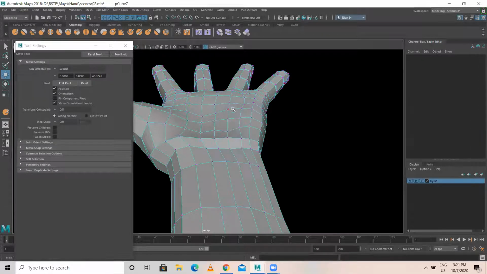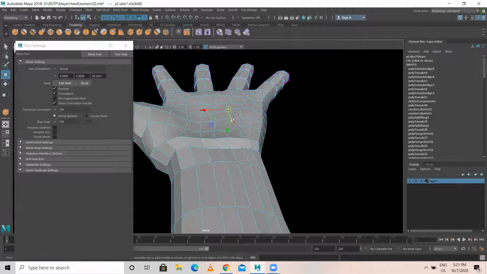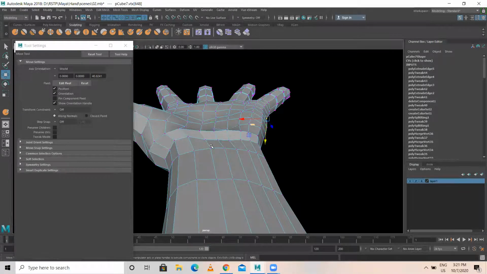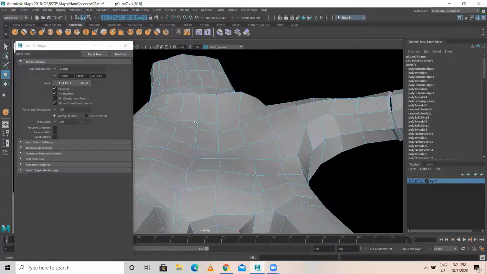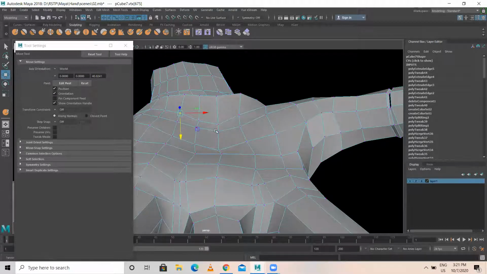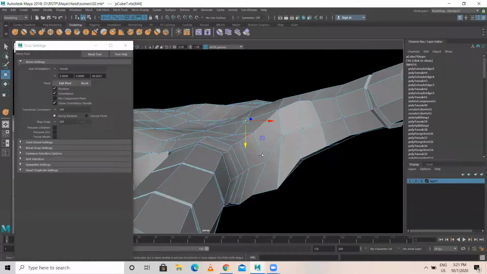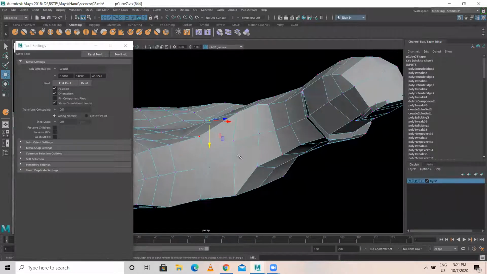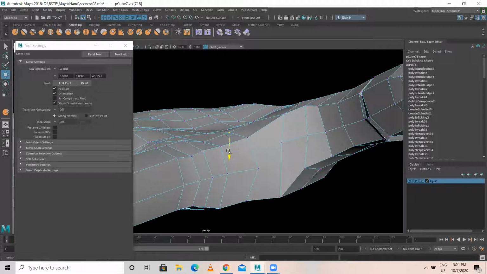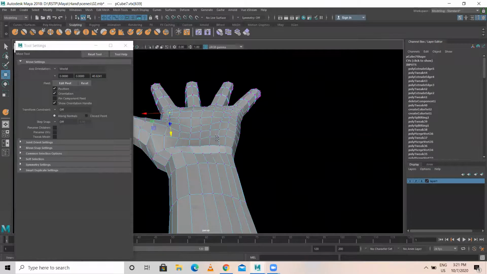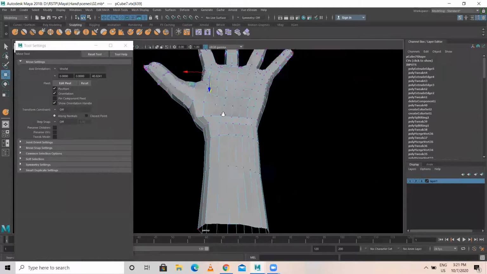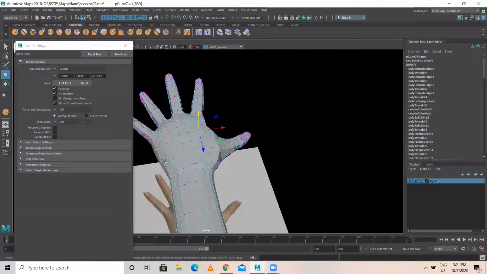Okay, it's done. You understood the purpose of the sculpt tool, where we need to sculpt, how we need to do. When we are doing manual sculpting, the way we do it, this is also similar to that only. Okay, I think it's almost done.